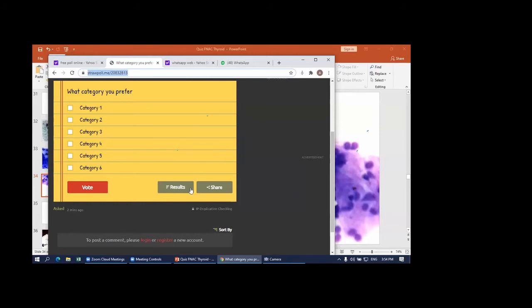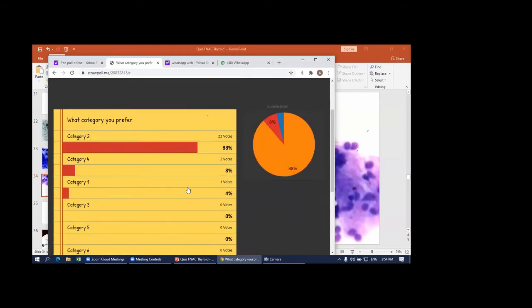Okay, so let's see the results. Good. Okay, the majority of you see it as a category 2. Right, the cellularity is not that great, but it's more than 6 clusters, even though there's not much colloid, but there's a lot of hemosiderin-laden macrophages. Okay, even though she's 25 years old, I might have missed out that the patient had already had MNG for quite some time. So that's the reason that it is category 2 for the diagnosis. Okay. Some of you put category 4 probably because I showed you the small clusters just now, but